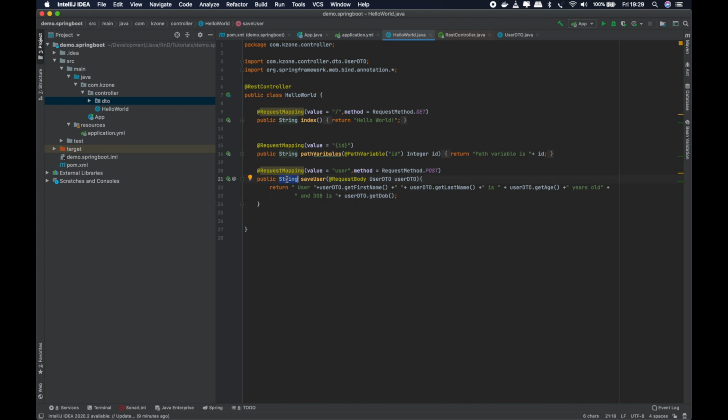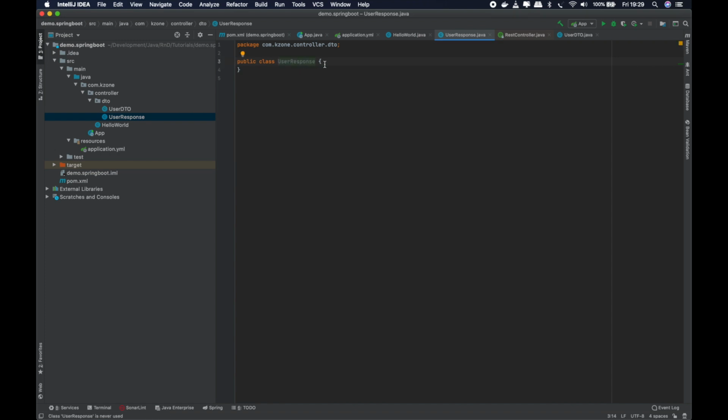So we are going to return a Java object when we save a user. So we are going to create first, we are going to create an object, a POJO. So I'm going to name this UserResponse. So I'm going to add a few properties: